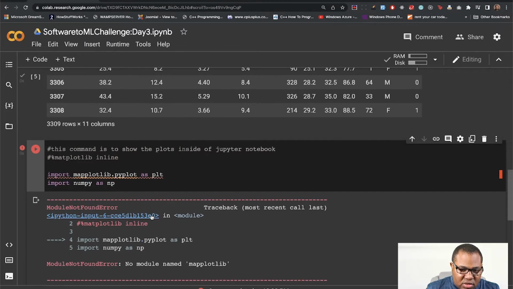Okay, I spelled something wrong. Oh, yes, I did. It's not MatPlot, it is matplotlib. Okay,